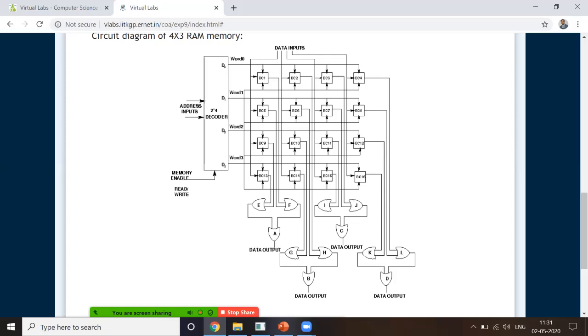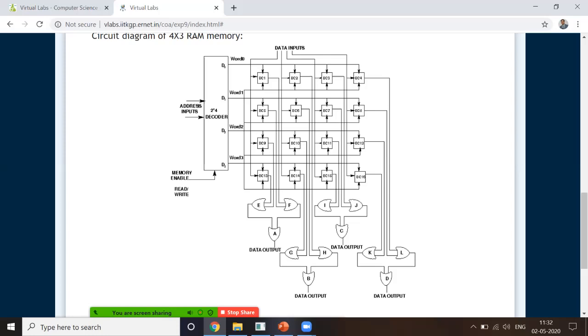So that's why the data input is in terms of 4 bits. We can store the 4 bits into this memory row, that is, in these memory cells, and we can retrieve the information stored in these memory cells also. Along with that, we require some other components, like an OR gate for showing the output, because there are multiple outputs coming from this single column of cells. So that's why we require different OR gates. The virtual lab simulator has only 2-input OR gates, so we need to use such a structure. We have to use 3 OR gates for each column. So there are data output 1, data output 2, data output 3 and 4 likewise.